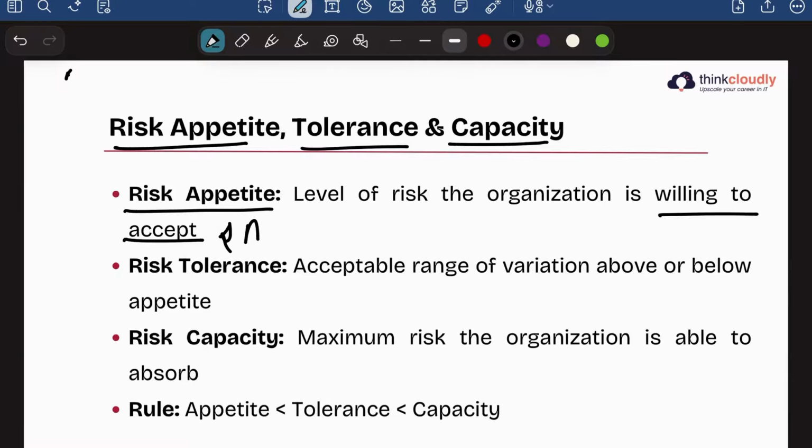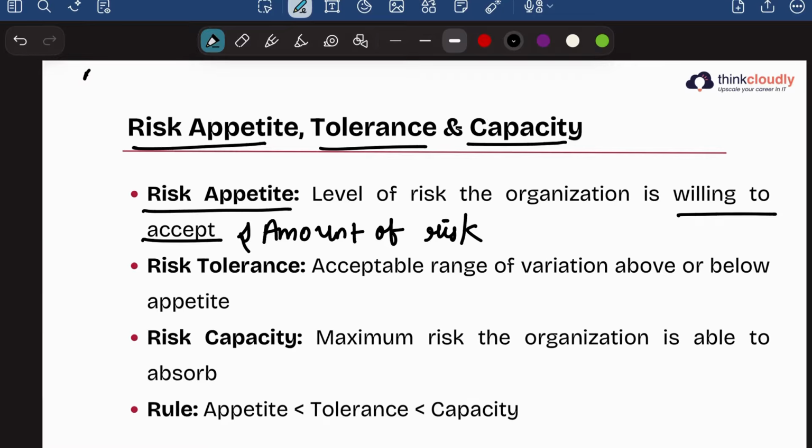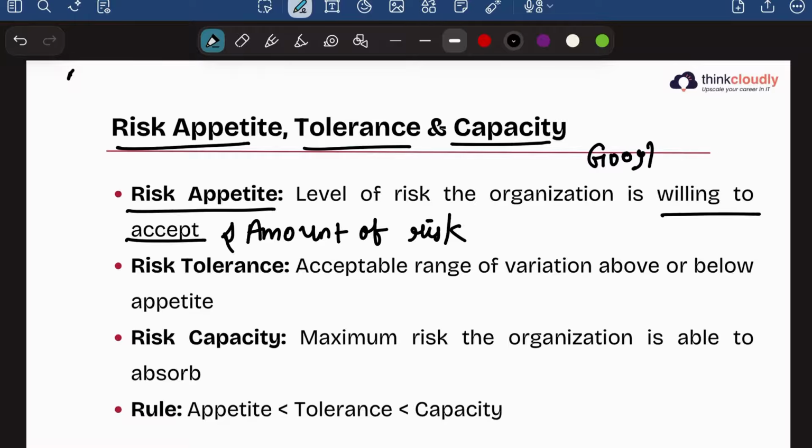Different organizations and industries have different appetites. Let's say we have Google, and we have XYZ company. Both are IT. Whom do you think would have higher appetite? Between the two, XYZ company will be taking more risk. I'll justify that. Imagine it's a company which is not well known in the market. Don't you think, to establish itself in the market, it will take higher risk than Google? Because Google already is well established. They don't need to take risk.